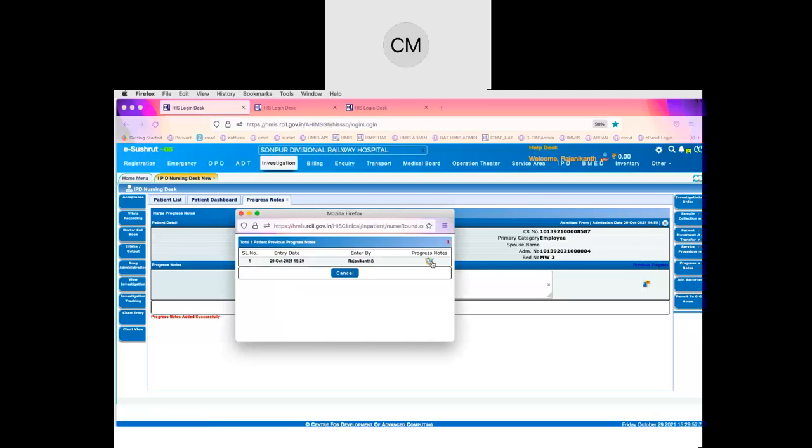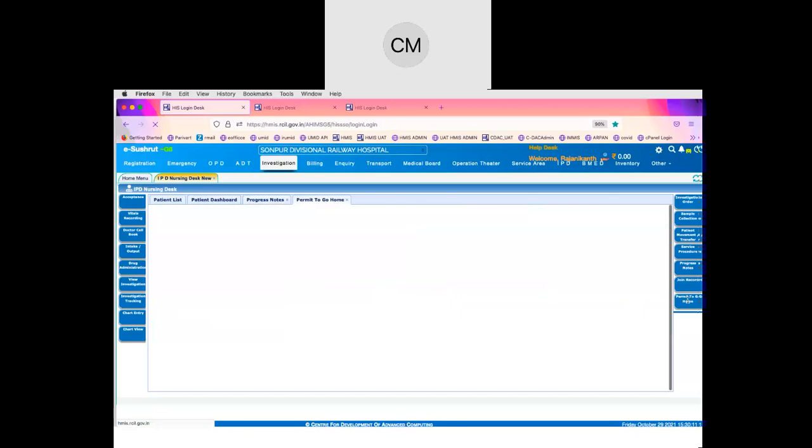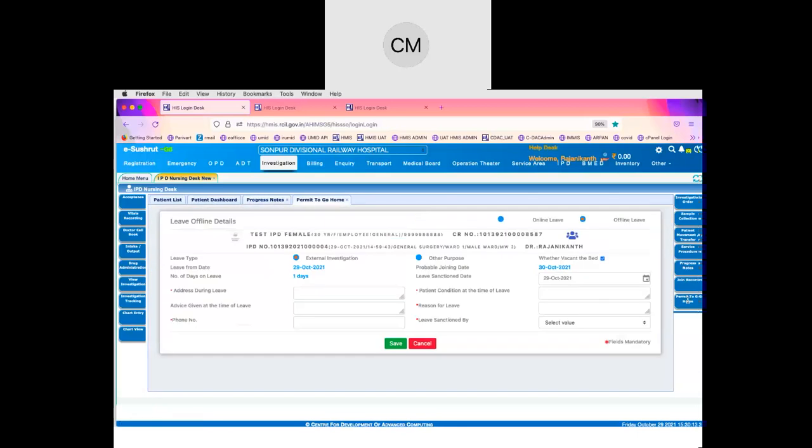These progress notes also can be seen. Whatever notes have been already added, they all get added in the history, and those can be cross-checked at subsequent times. And now the last option that is appearing here is the permit to go home.